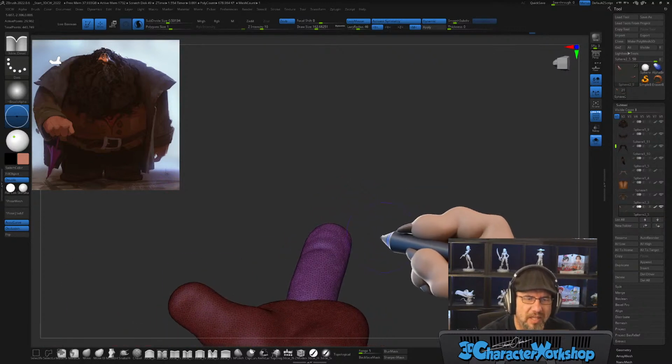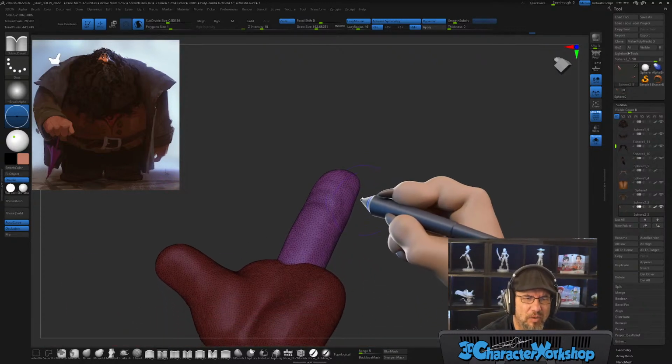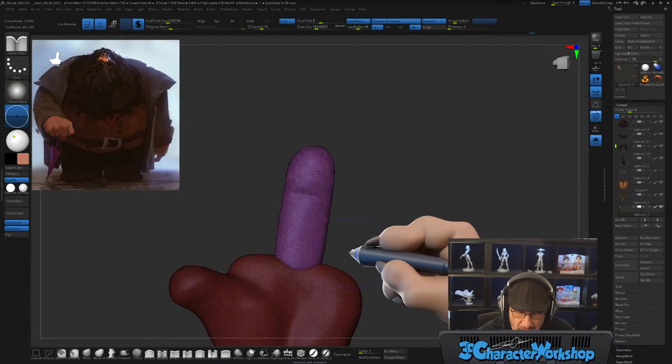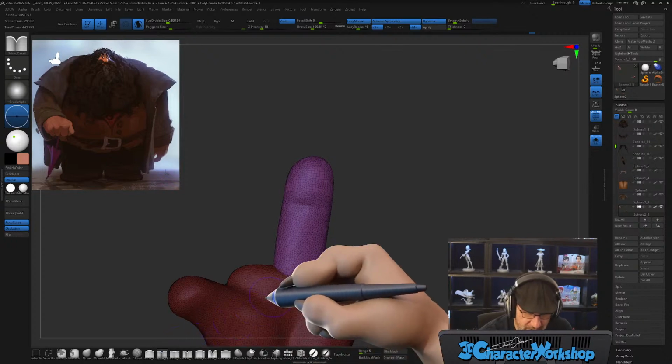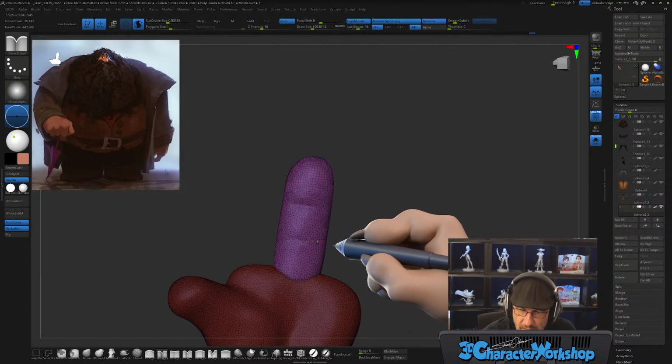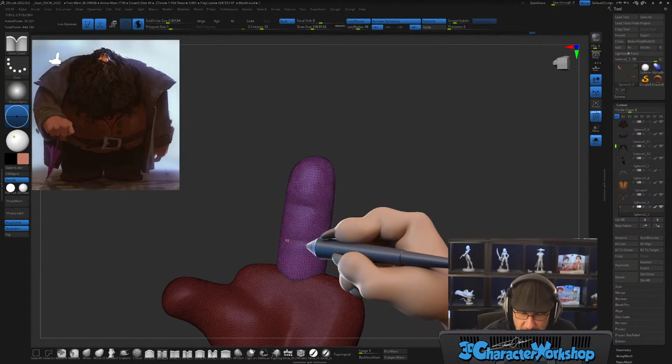When will we be getting a ZBrush version where we can tear off the work area and put it on a second screen? I don't know. I don't work for Maxon. I'm just a volunteer. Yes, that would be nice, but